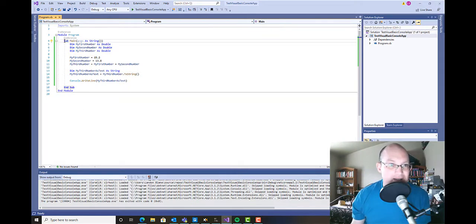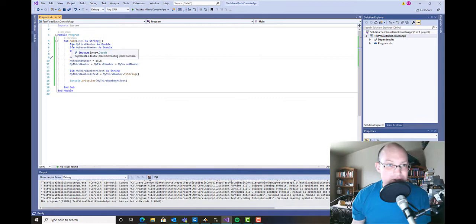And then right here is what's called a subroutine. That's like a function in Python. It just does something. We're in the Main subroutine. Don't worry about this part right here, args as string. That's just if you want to get input from the user, you can. We're not doing that. And then right here I start declaring my variables, just like we do in Python,